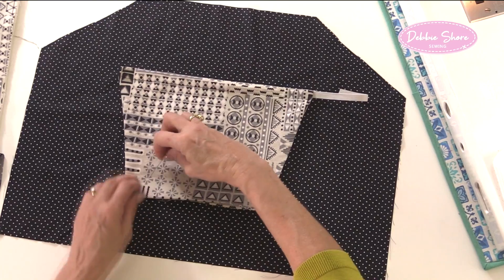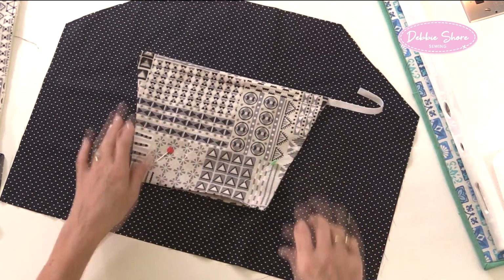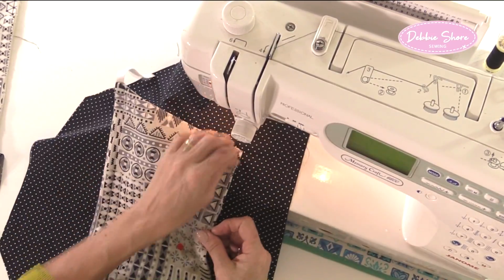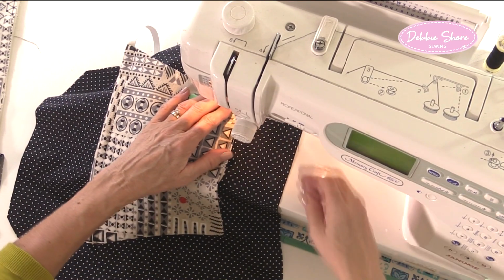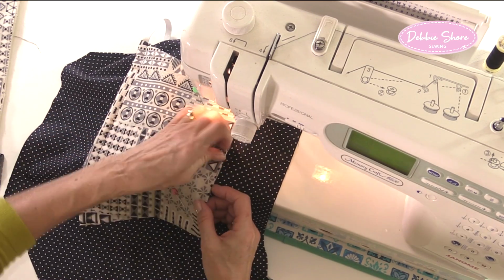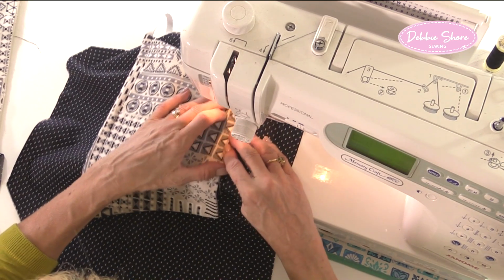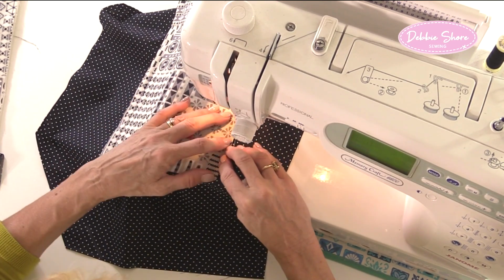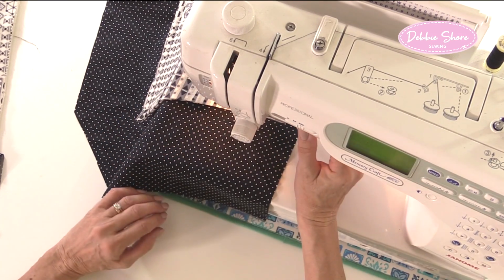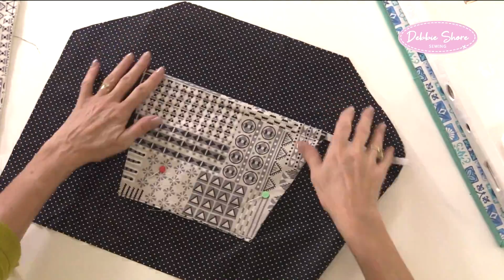And I'm just going to put a couple of pins in the bottom. It's only the bottom I'm going to sew at the moment. You'll see why in a second. So, oops, quite close to the edge, making sure the opening is folded over so it closes as you sew. So we have this,